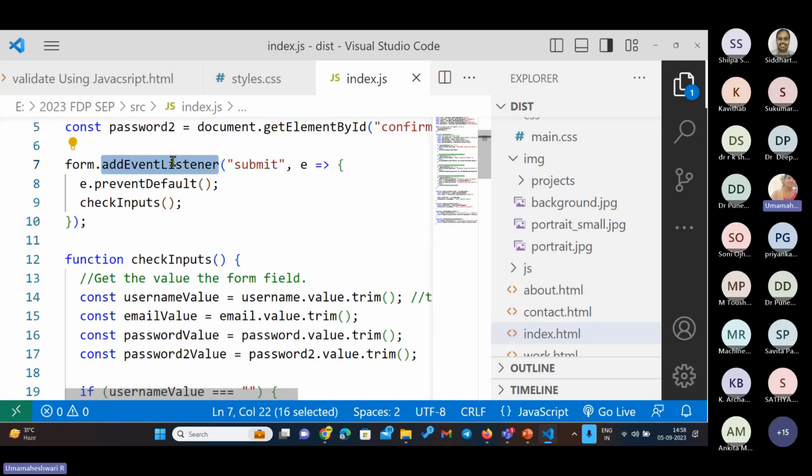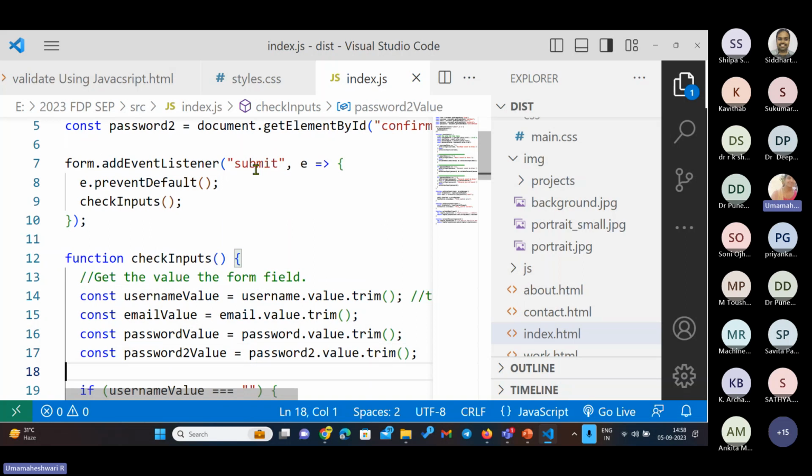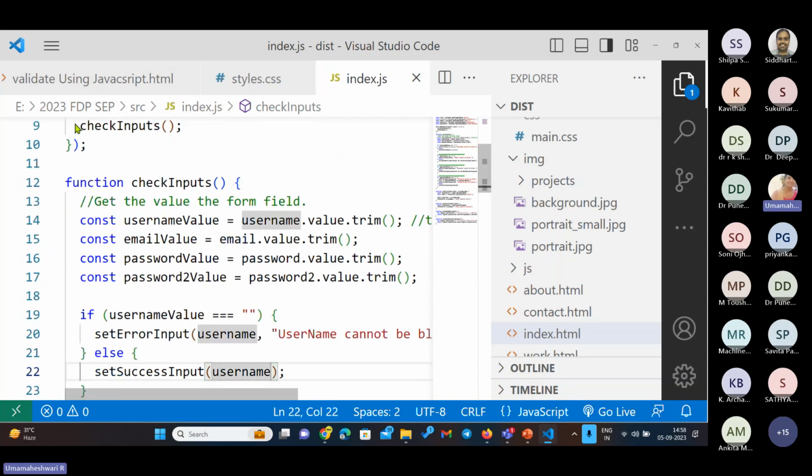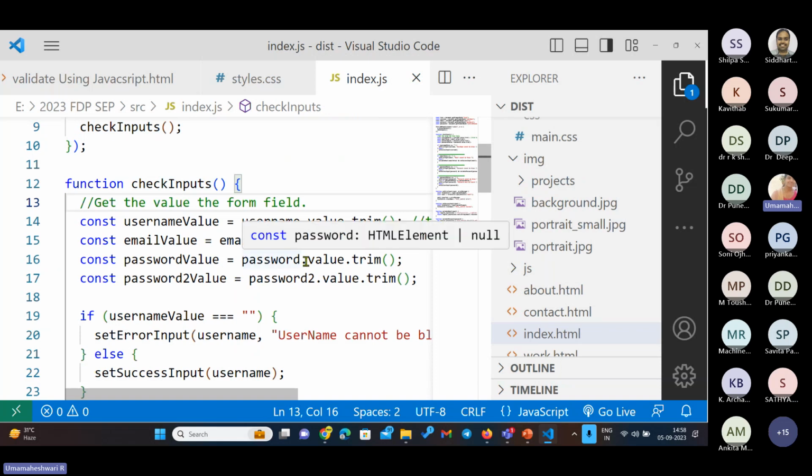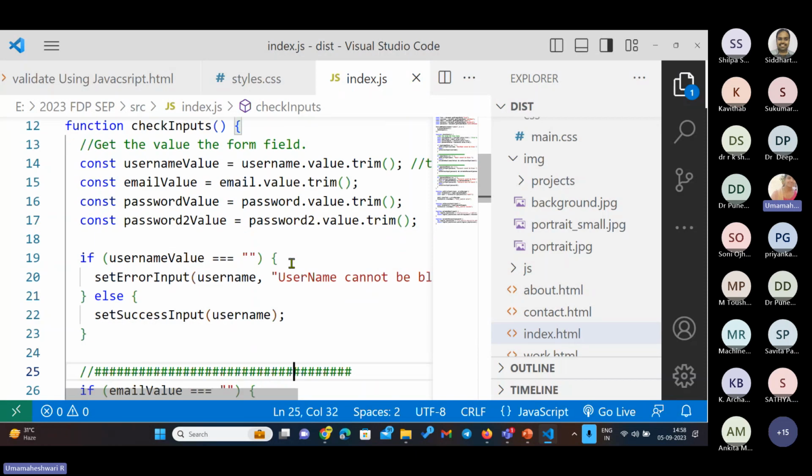Event listener and the events are similar only, but this is a specific function. We can directly give the event and the function values directly, using addEventListener. And the next step here is the function we have mentioned. In this, checkInput is nothing but it will trim the empty value and check whether it